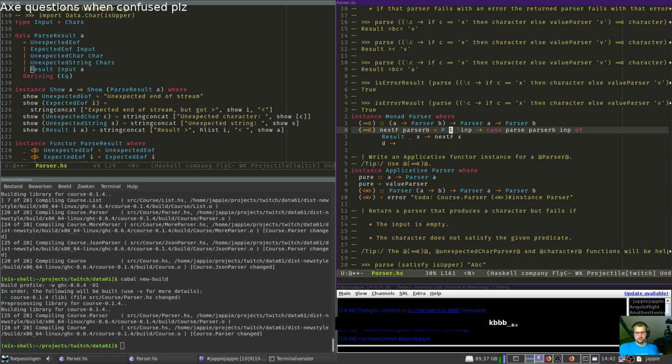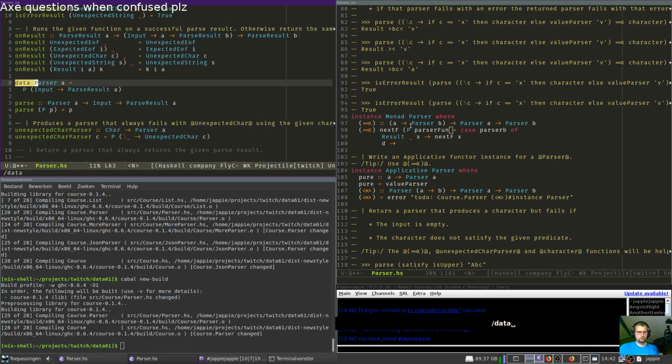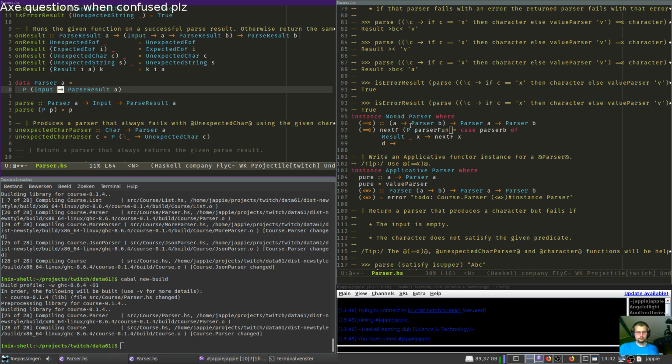So you can't do this, I think. Can't do this here, because we don't have an input. Yeah, let's just pattern match on this then. Parser frame. Right. And from that we can get an input.